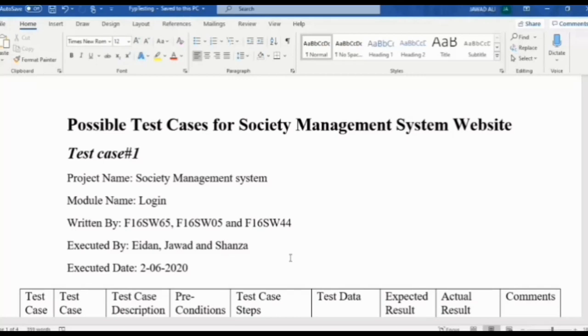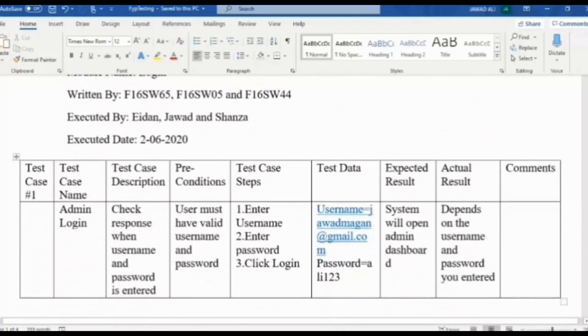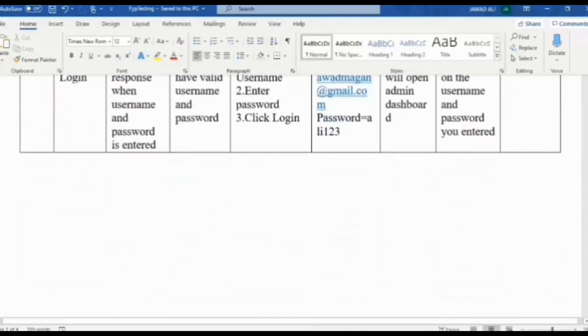When we write test cases for documentation, we have to follow a format which includes these columns: test case name, description, preconditions, steps to do the test, test data, expected result, and the actual result we got.